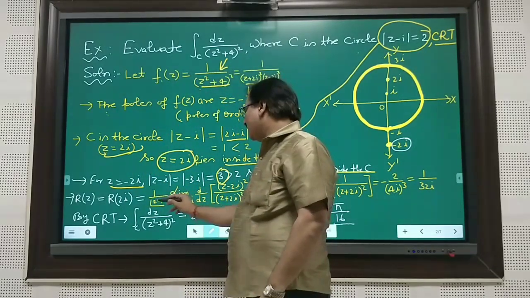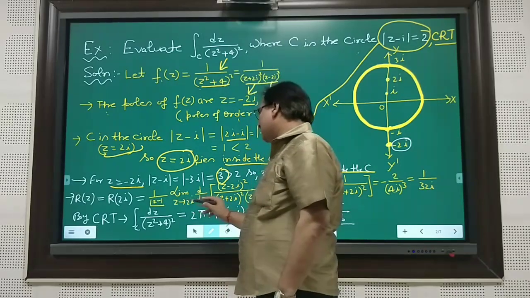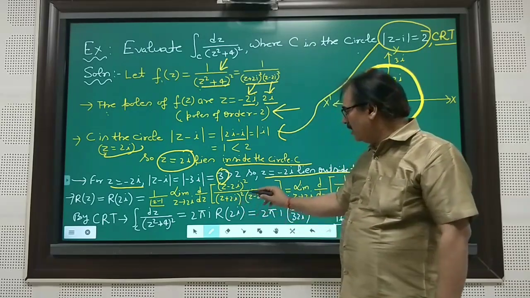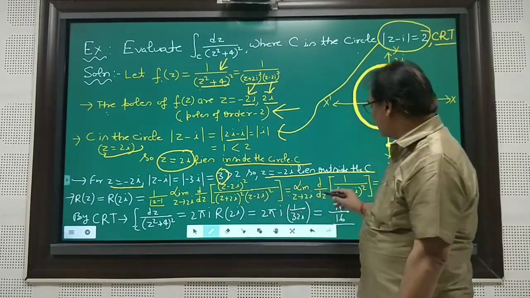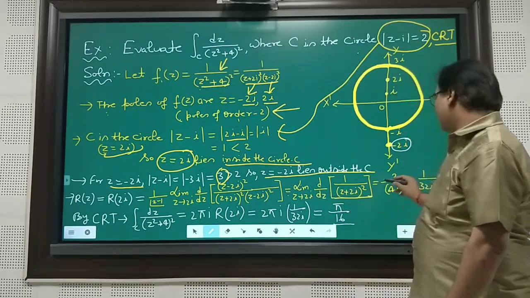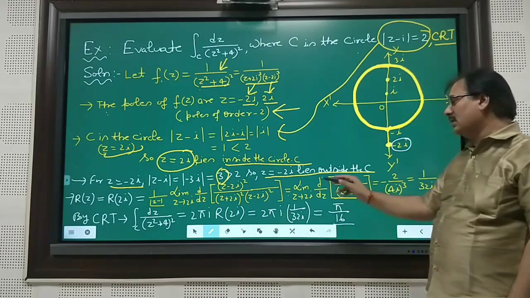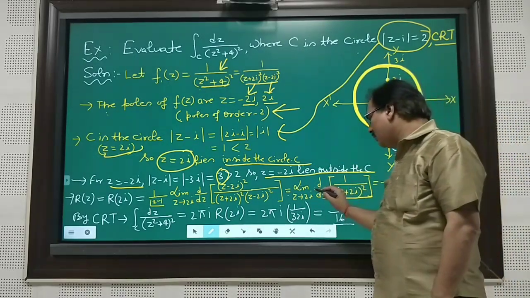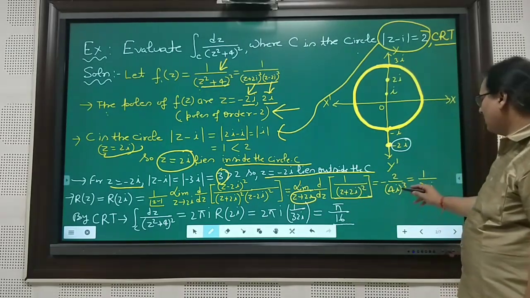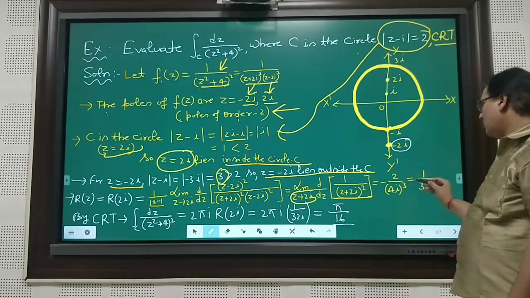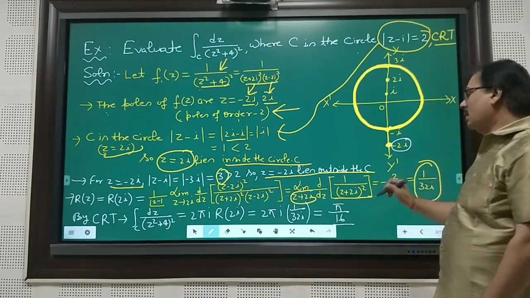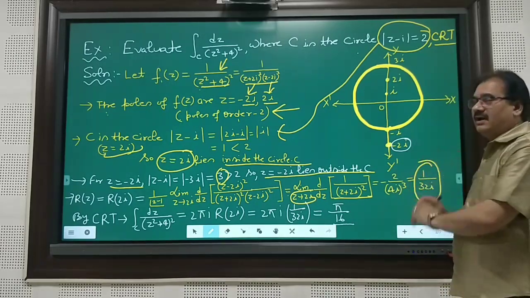For a pole of order 2, the residue is 1 over (2 − 1)! times the limit as z tends to 2i of d/dz of (z − 2i)² divided by (z + 2i)²(z − 2i)², that is the limit as z tends to 2i of d/dz of this. Just simplify this after putting in the limiting value, z tends to 2i. Putting 2i here, you will get −2 over (4i)³, which means 1 over 32i. Now you remember that here you got this residue value.